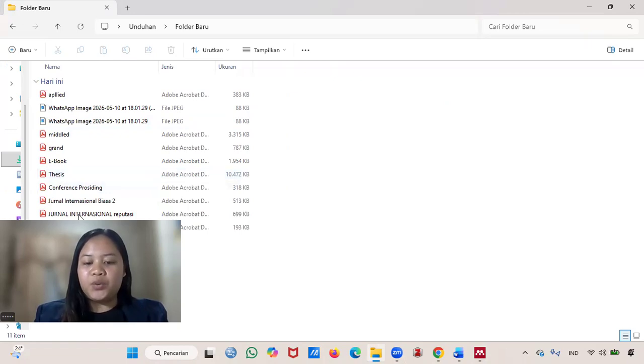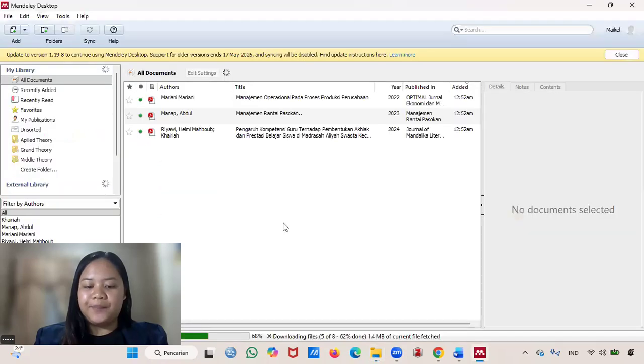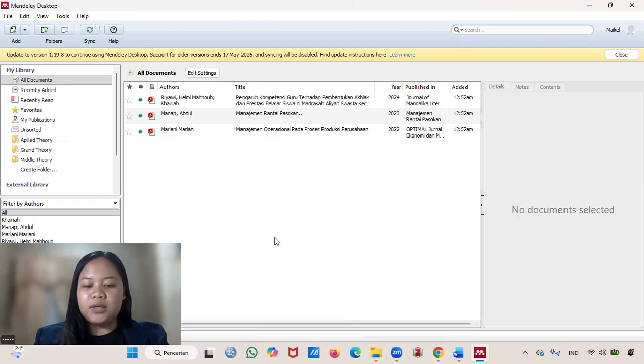Now we are going to migrate them into Mendeley so we can manage their metadata. Next, I will demonstrate how to add these files to Mendeley automatically, but we'll do it one by one to ensure the accuracy of the data.